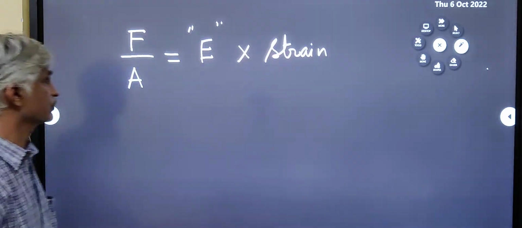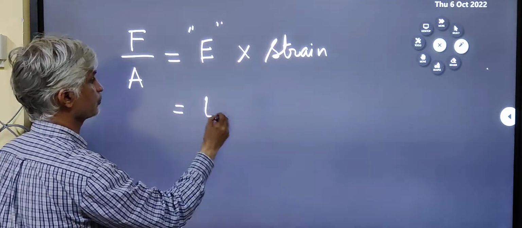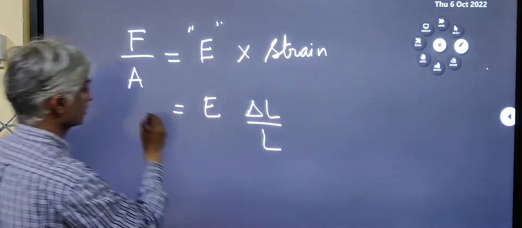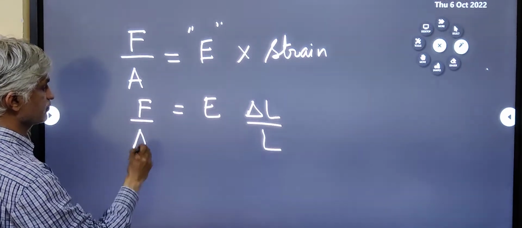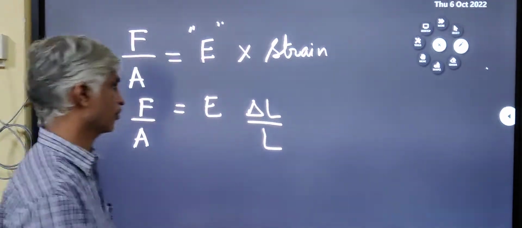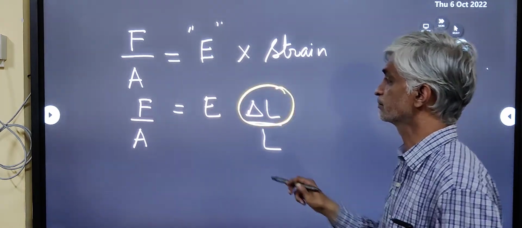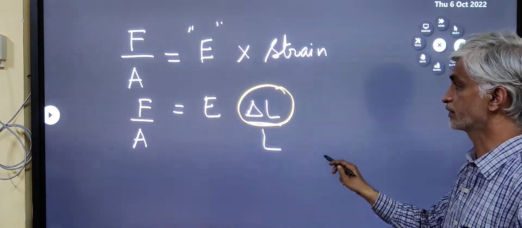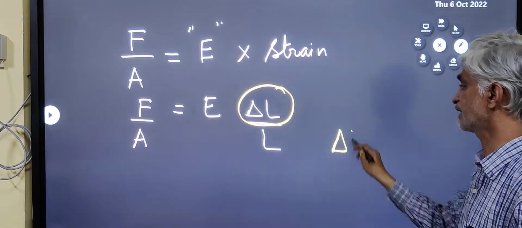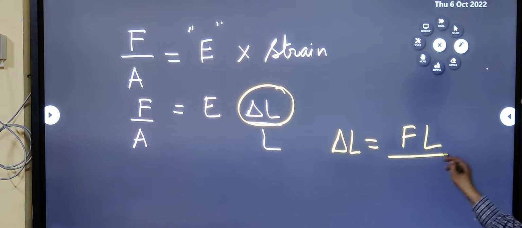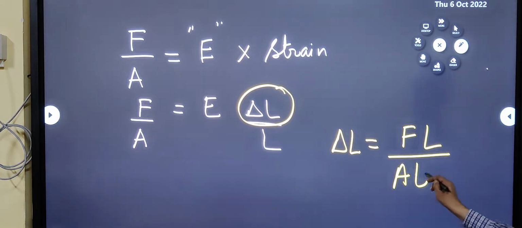And all I need to do is substitute the formula for strain, which is delta L by L. Now this gives us a wonderful formula for the elongation of the steel wire, and you can see that delta L is equal to FL by AE,